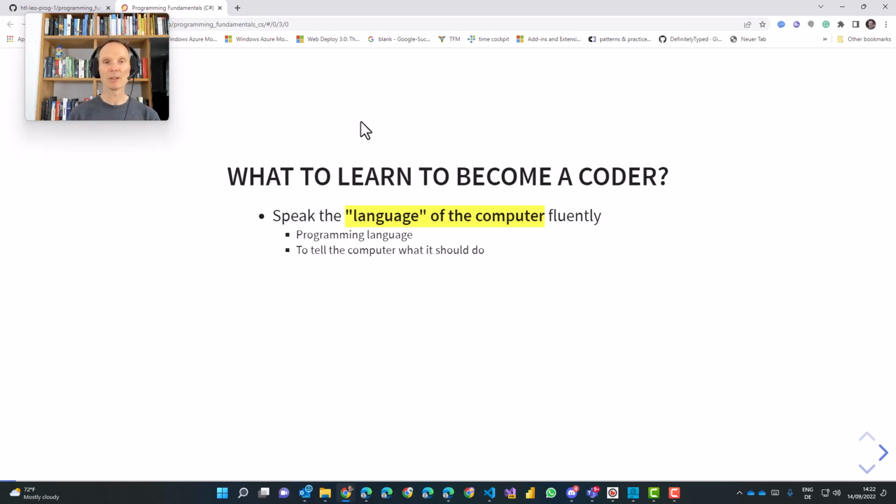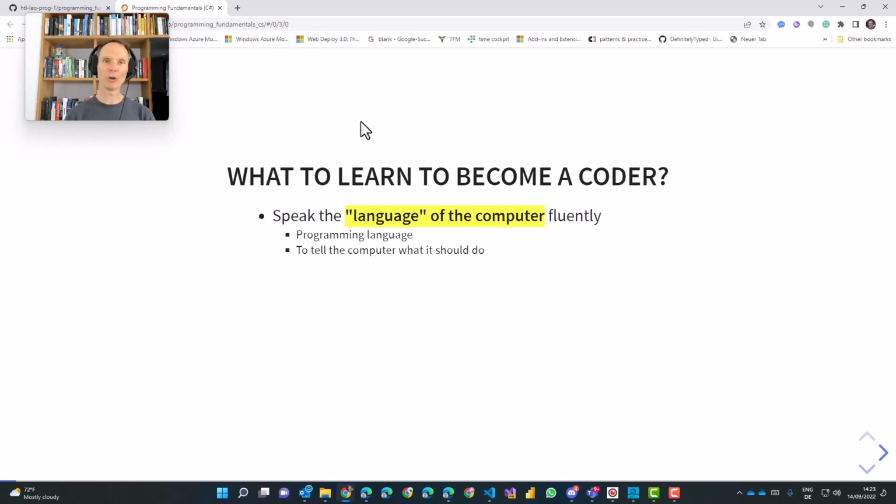The computer doesn't speak the language that we are used to as humans. We cannot tell the computer, so we cannot give the computer commands in spoken language, at least not on a technical low level. I know nowadays there are artificial intelligence applications which can turn spoken or written language into code, but this is already an application that somebody had to develop.